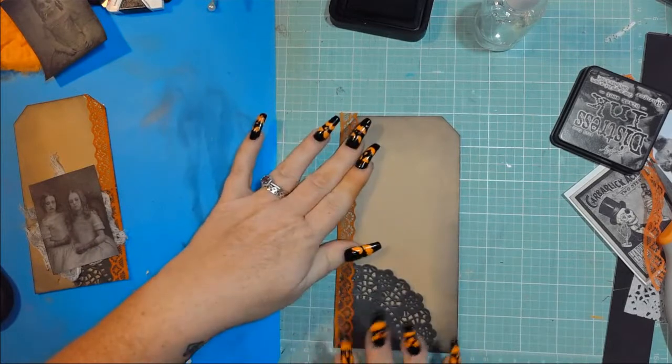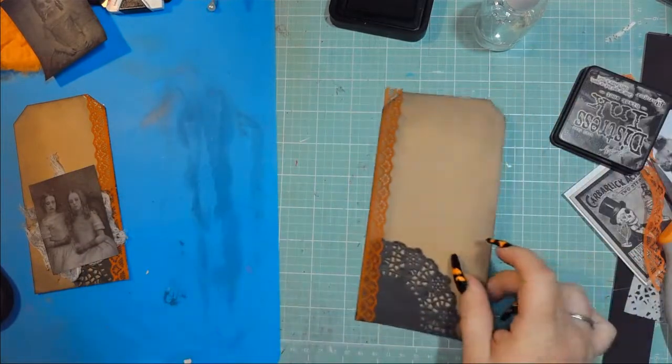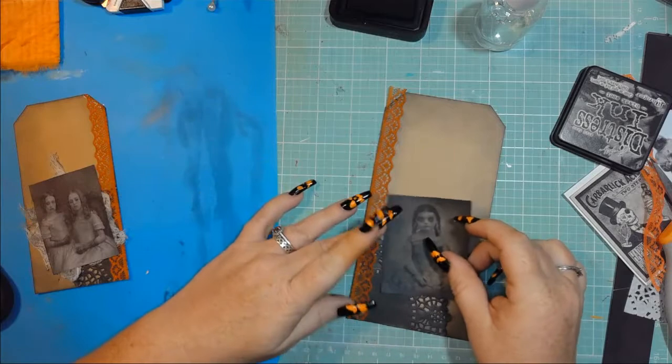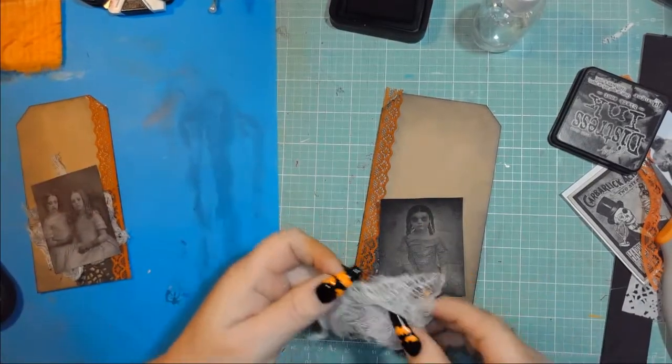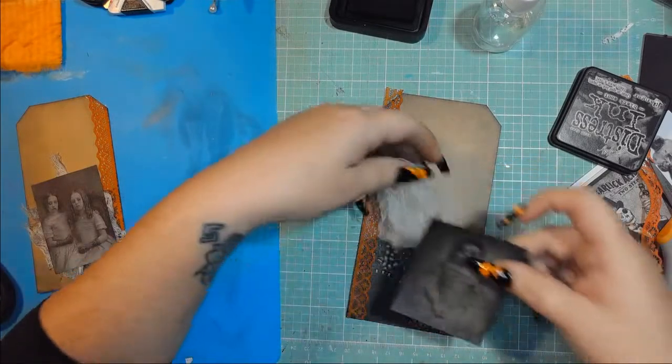Okay, so I'm just going to let that hang out for just a minute. I guess I should have at least made sure that I liked the way it looked on there before I went and completely committed myself, but